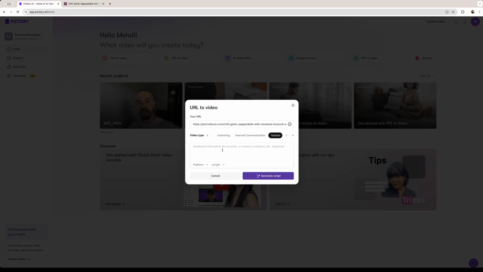You can specify additional information like location or marketing conditions if you're using one of these other options like the marketing option. I'm just going to leave it blank, and on the bottom you have platform. You can choose which platform the video is going to be going to. For example, YouTube, Twitter, YouTube Shorts, Instagram Reels, and so on, a bunch of different options. I'm going to leave it on YouTube, and right here you can select how long the video will be, from 30 seconds up to 5 minutes. I think middle ground will be 1 minute. And once everything's looking exactly like you want it to, you can click on generate script,